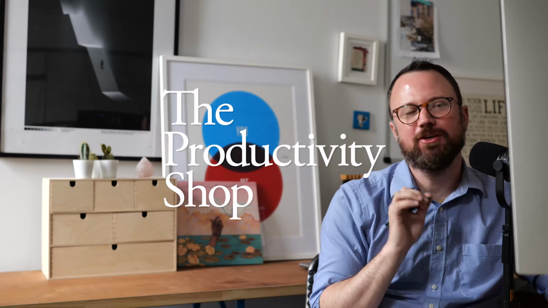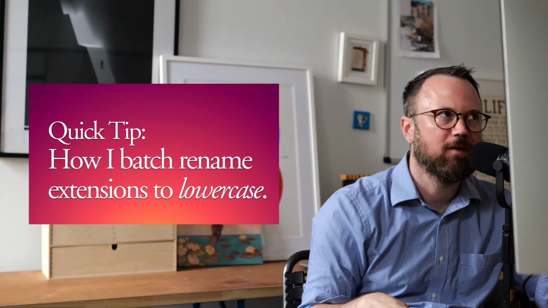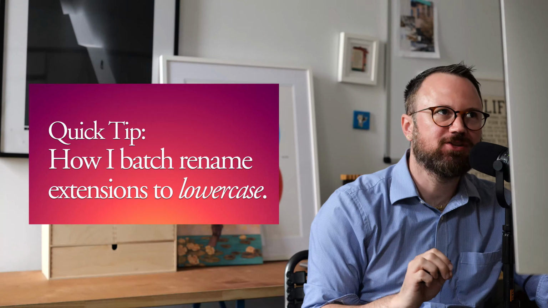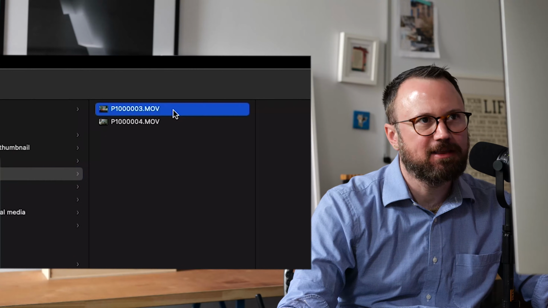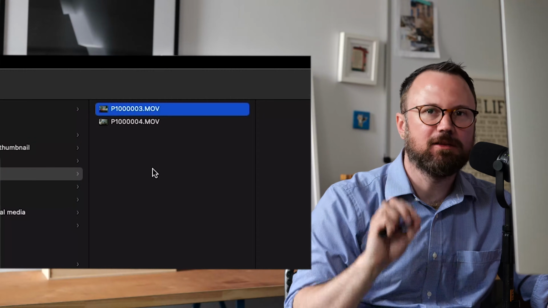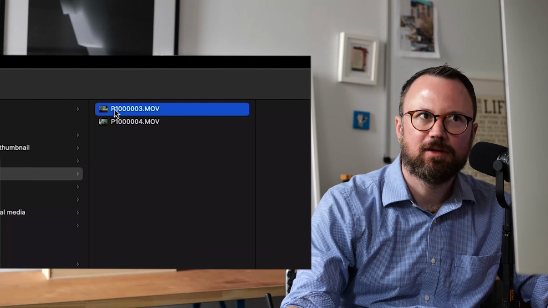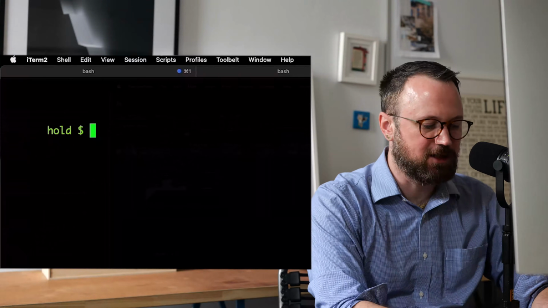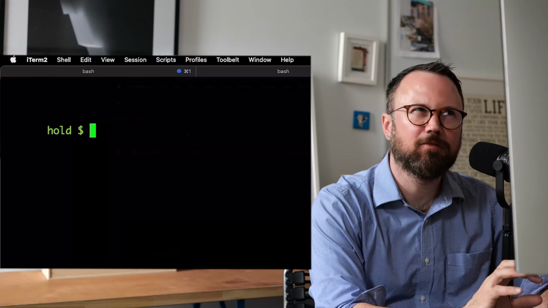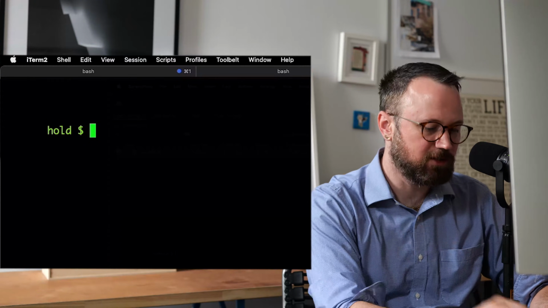Hey, what's up? I'm going to show you how to batch rename file names and just change them from uppercase to lowercase. So I've been trying to figure out how to get this .mov to be lowercase without changing the P, because normally I would use the rename Perl package with terminal, and in order to do it you have